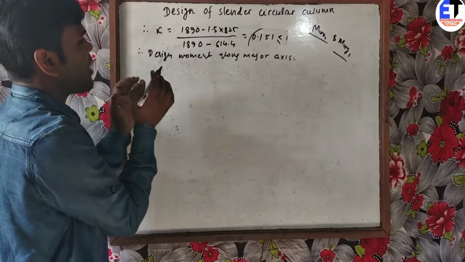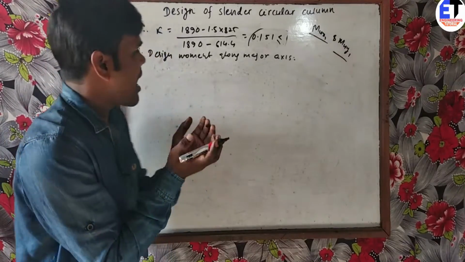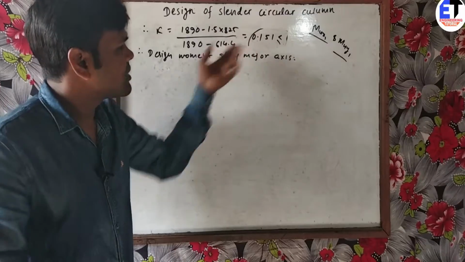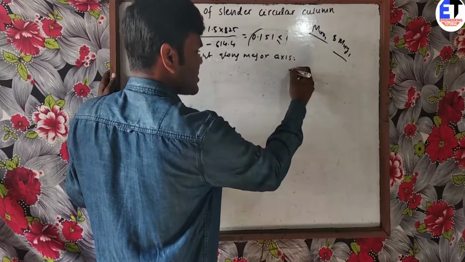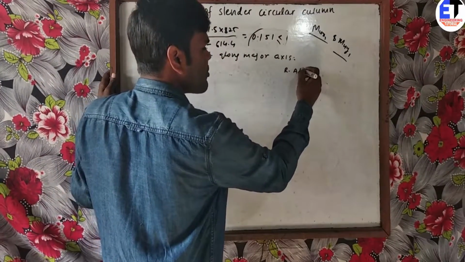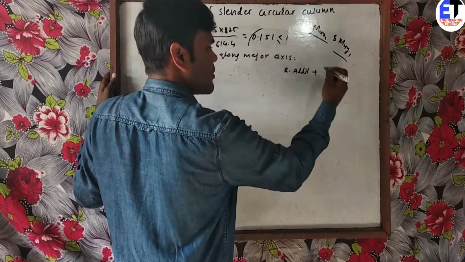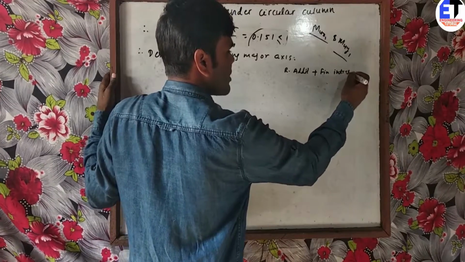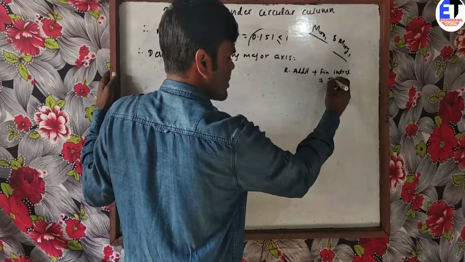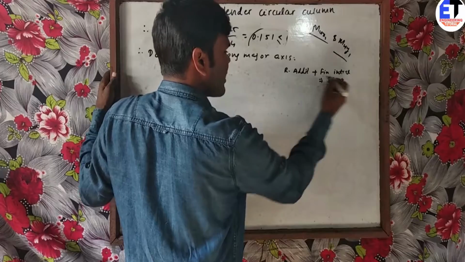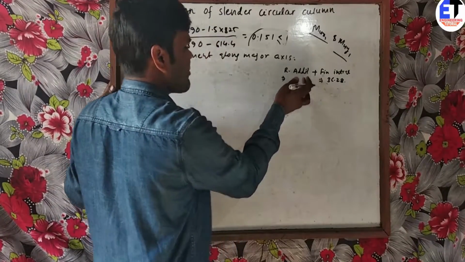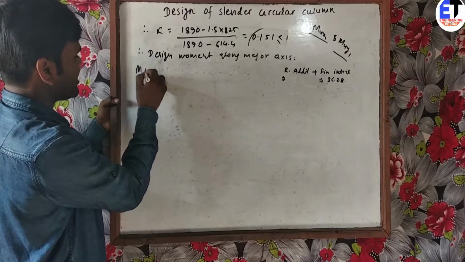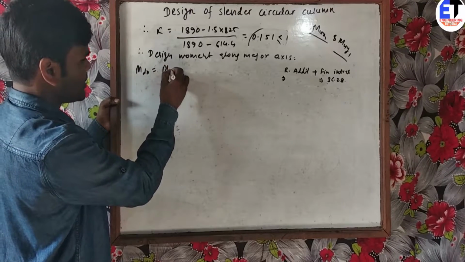So what is our total design moment? What I have told you, the design moment is the reduced additional moment plus the finalized initial moment. We have calculated the initial moment as 36.28. And what is the reduced additional moment? I am going to write it here. Look, Mdx is equal to Mux plus